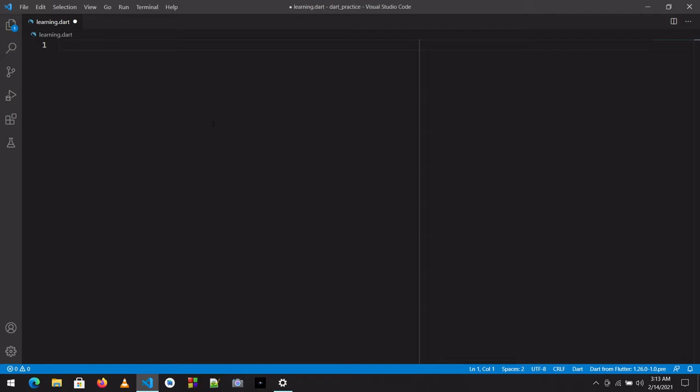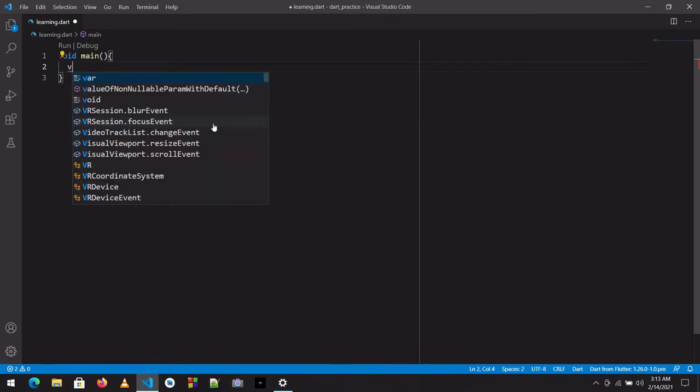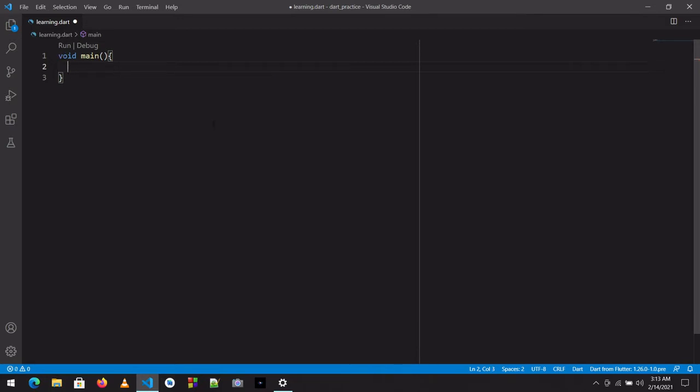So let's write some code and understand how it works. Let's write the main function again. Now let's see what actually happens when we don't handle exceptions.